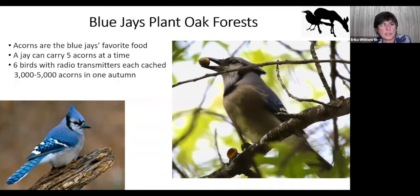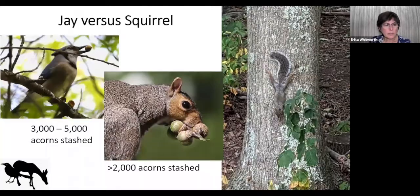There was this study where 6 birds were fitted with transmitters. They each collected and cached, which means stored away for later in the winter, 3,000 to 5,000 acorns in that one season. That's a lot of acorns. So blue jays really are very much the friend to the oak trees as far as spreading their acorns around. They actually stash more acorns than squirrels do. So if the blue jays are out there stashing away 3,000 to 5,000,